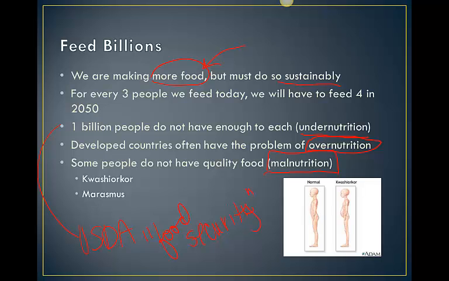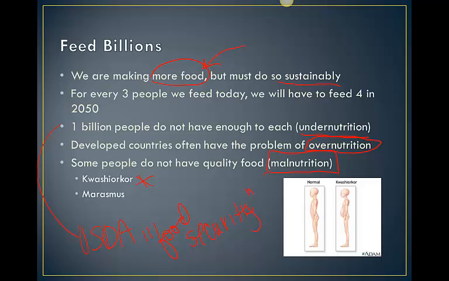The picture on the screen is an example of what someone with kwashiorkor looks like. Kwashiorkor happens, you want to make a note, when you have enough starch in your diet, you are getting food, but you're not getting enough protein, or maybe you're not getting any protein at all. So you lose your hair, your muscles lose their mass, you get a bloated or distended abdomen, just not a healthy state, definitely can lead to death.